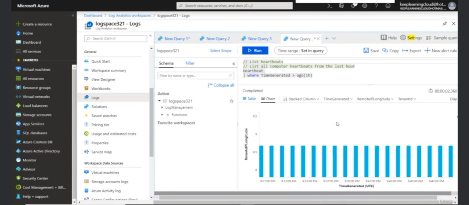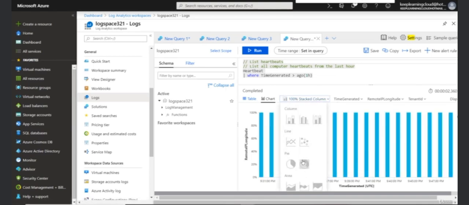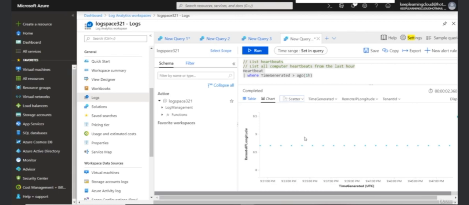So log analytics gives you a quick graphical view of the health of your environment. You can also add your own visualizations by clicking on these buttons. How do you want to see the graph? Like this, or probably in the form of a pie chart. And then eventually you can save these logs and save the data that you have gathered by just clicking on the save button. When you build a query like this here, you start by determining which tables of data that